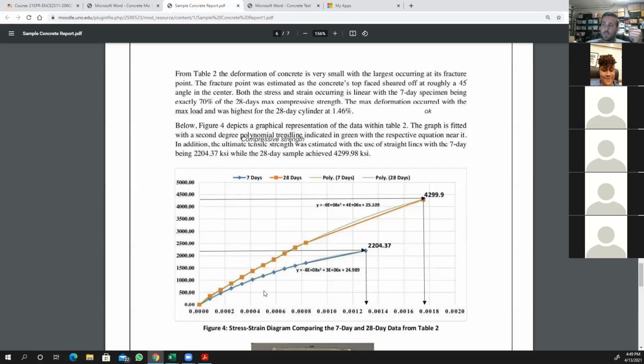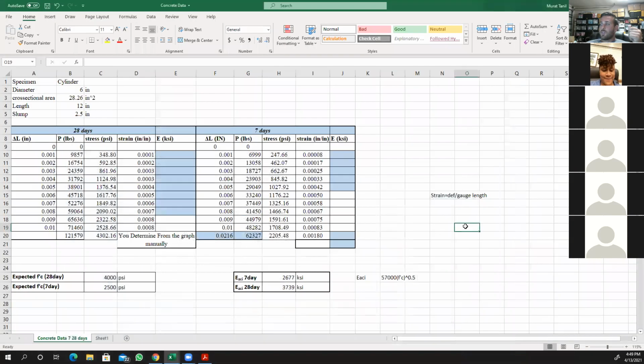And you can calculate the Young's modulus by using the equation E for concrete, stress divided by strain, the same way that we calculated for steel. And it's only applicable